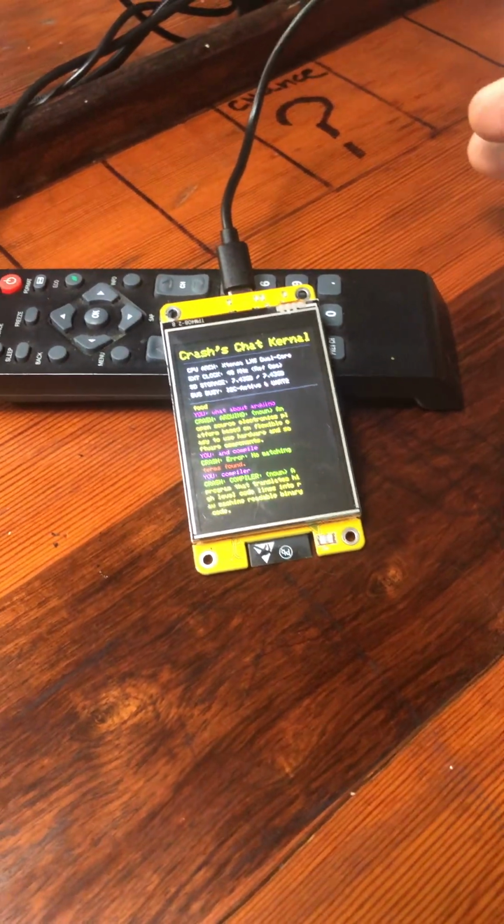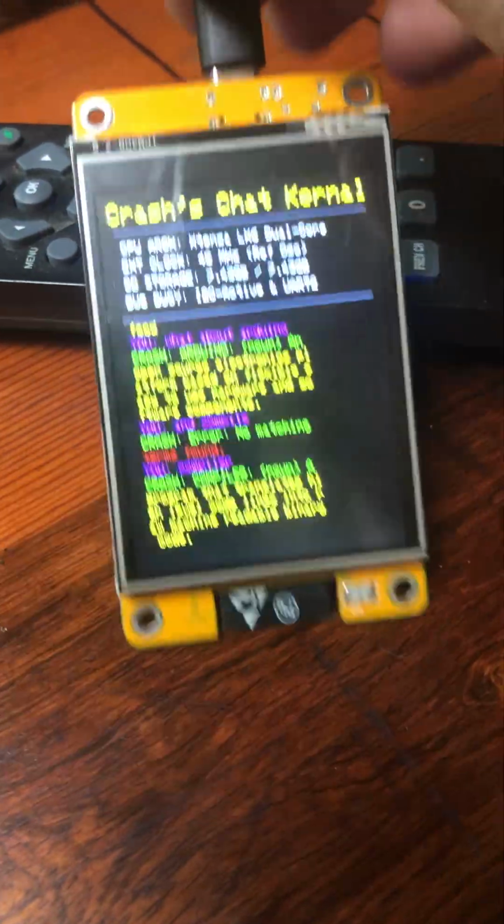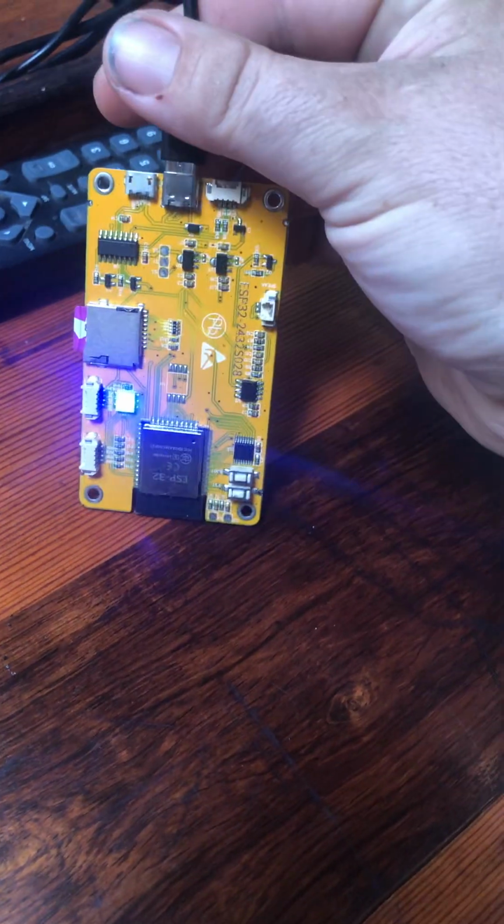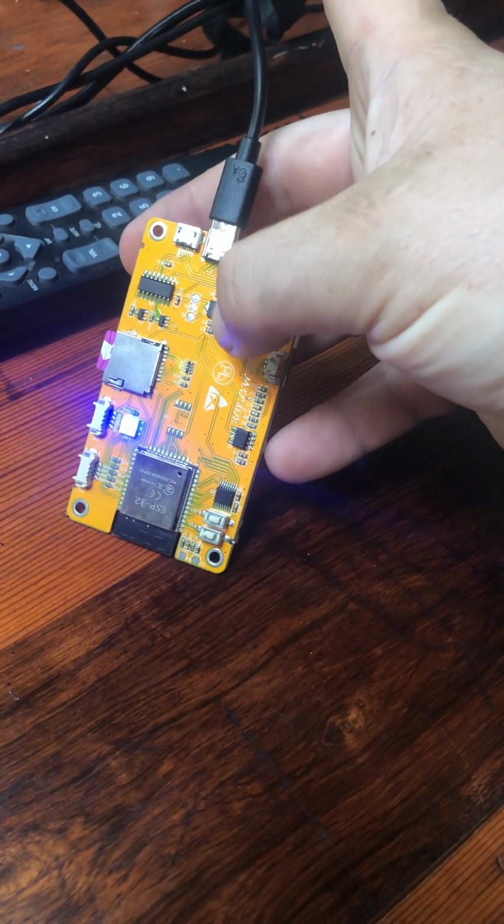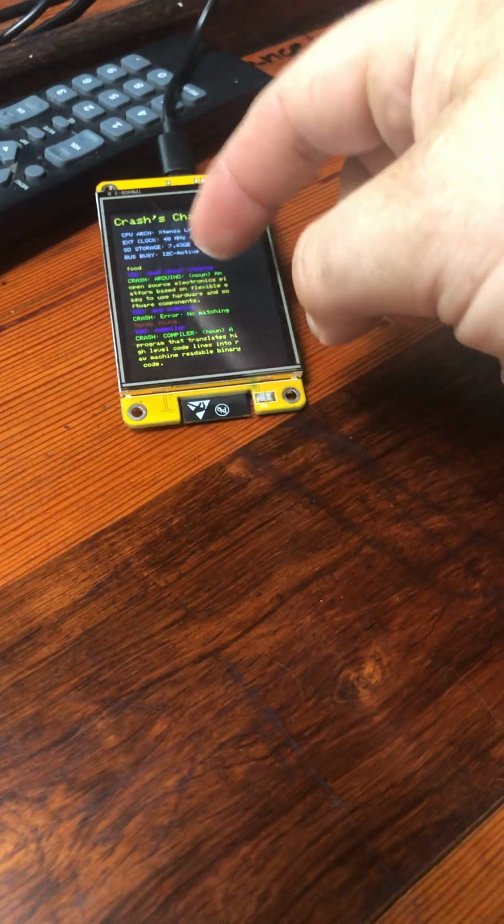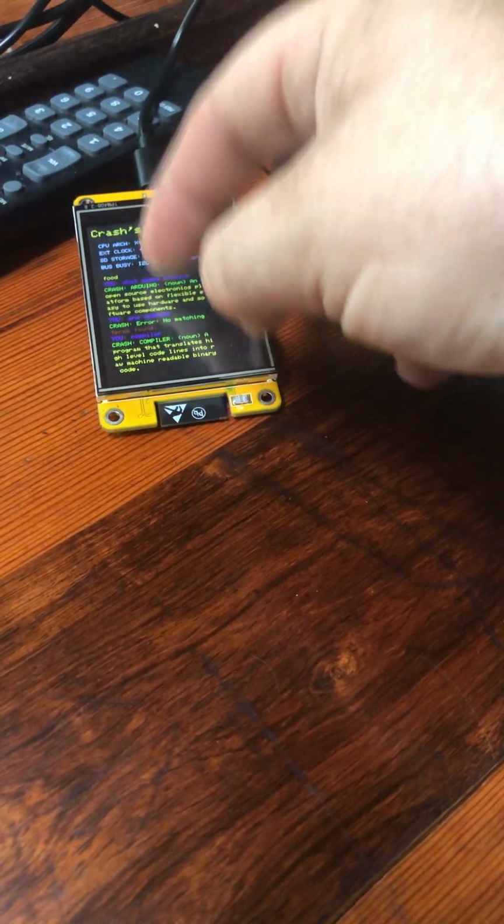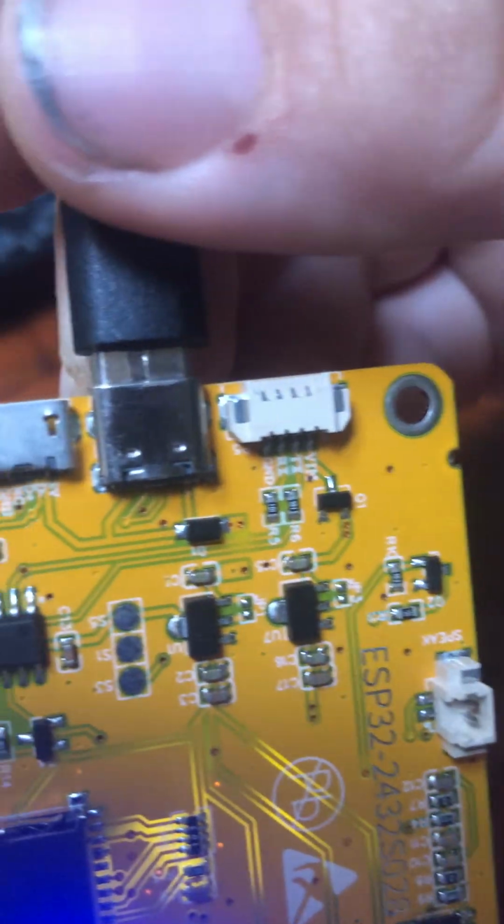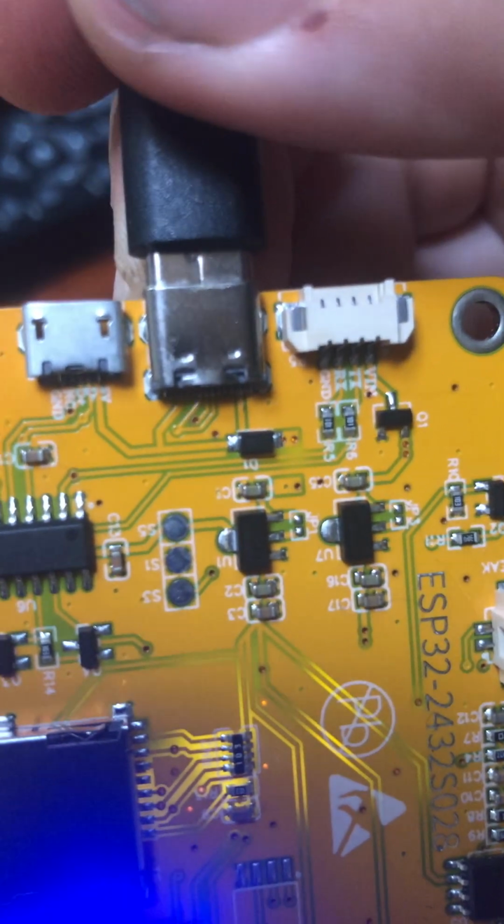So it's been a minute since I've posted any updates on Crash. This is the infamous cheap yellow display. It's got an ESP32, RGB LED, SD card slot, bunch of ports, some pads you can solder to for hard connections, all the good stuff that an ESP has, plus a touchscreen display. Now, I'm not using the touchscreen because I really don't have a need for it, but it does have a really cool serial port right there,